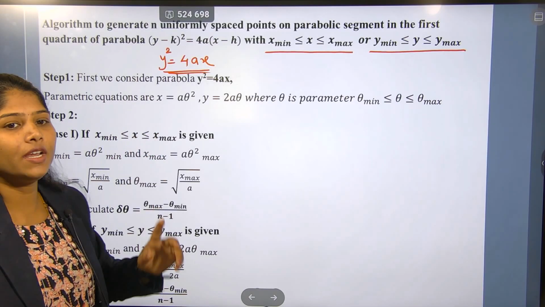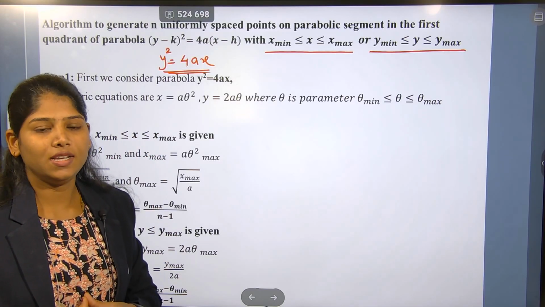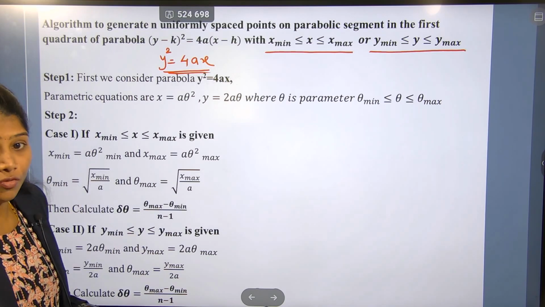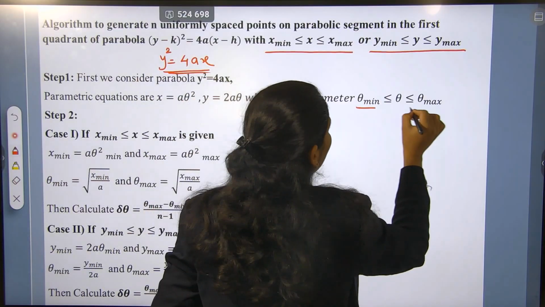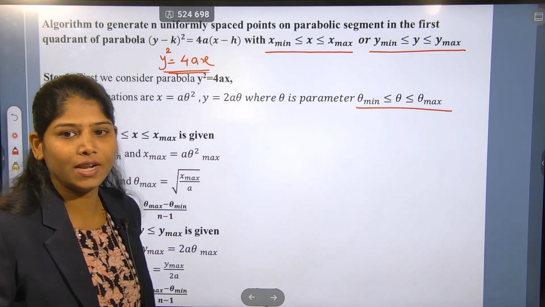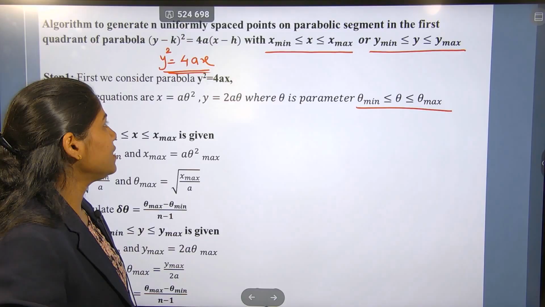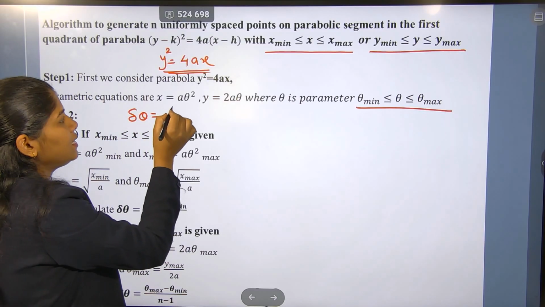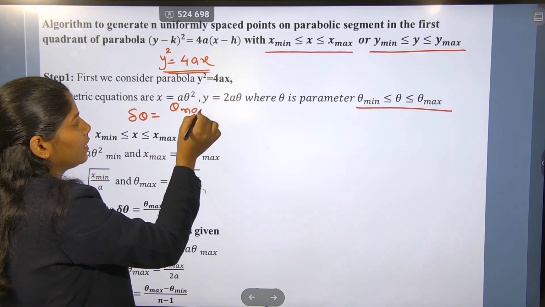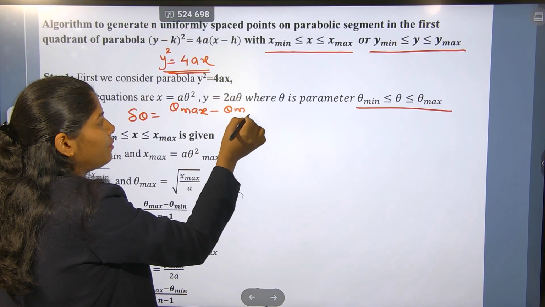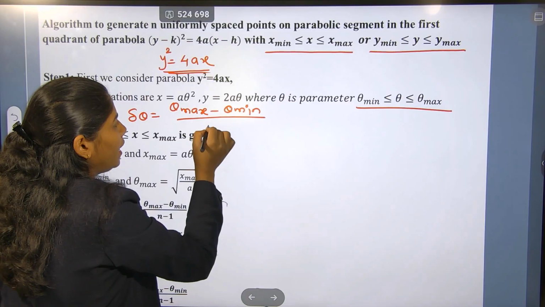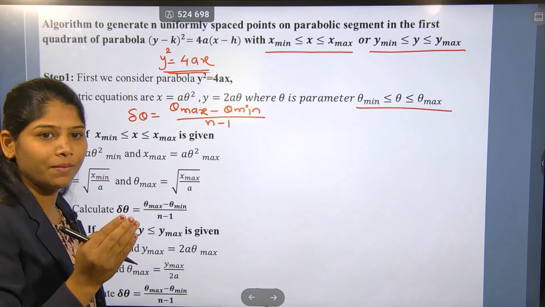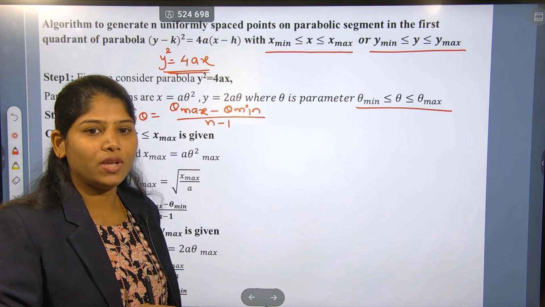Then parametric equations are x is equal to a theta square and y is equal to 2a theta, where theta is a parameter which lies between theta minimum and theta maximum. Second step में क्या करना है, आपको del theta find out करना है. So formula for del theta is theta max minus theta minimum upon n minus 1. सर्कल में यहाँ पे n रहता है डिनोमिनेटर में, लेकिन पैराबोला में n माइनस 1, बिकॉज पैराबोला इज अ ओपन